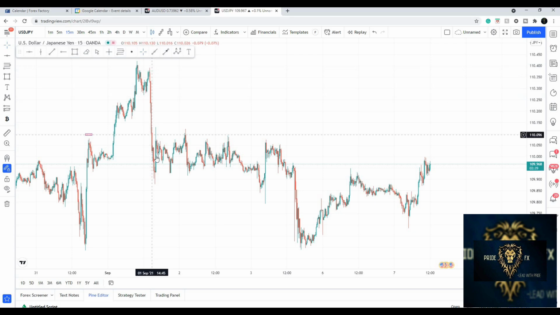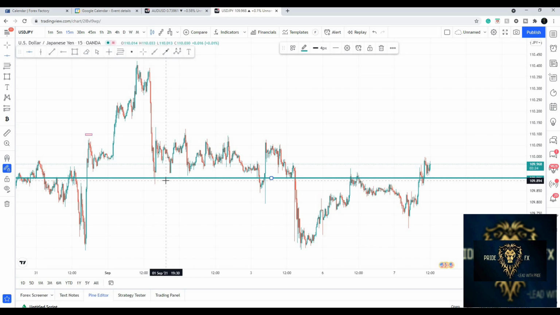So we said that when the market moves down, we know that there must be some point where the market would get exhausted, and we can see from this point the market went up. So that's an indication that this is a place where price is resting. It's looking for a resting place. Okay, and there we can see that the market is resting over there. And then over here we can see the same thing applies. The market went up to that point and came back down into this.